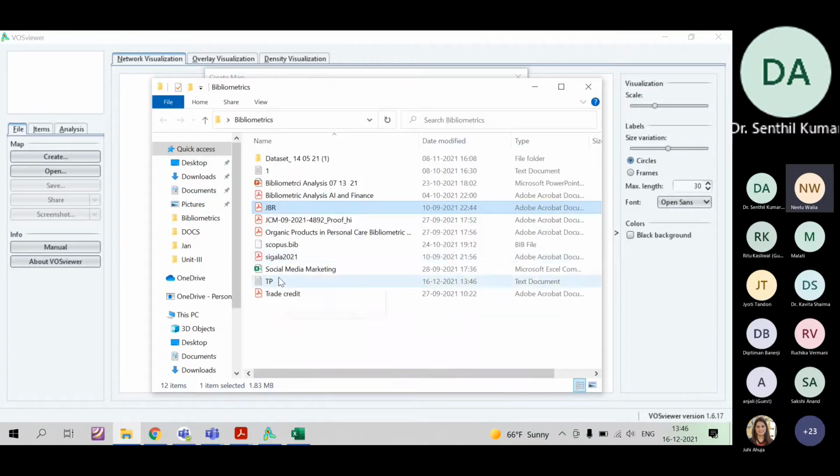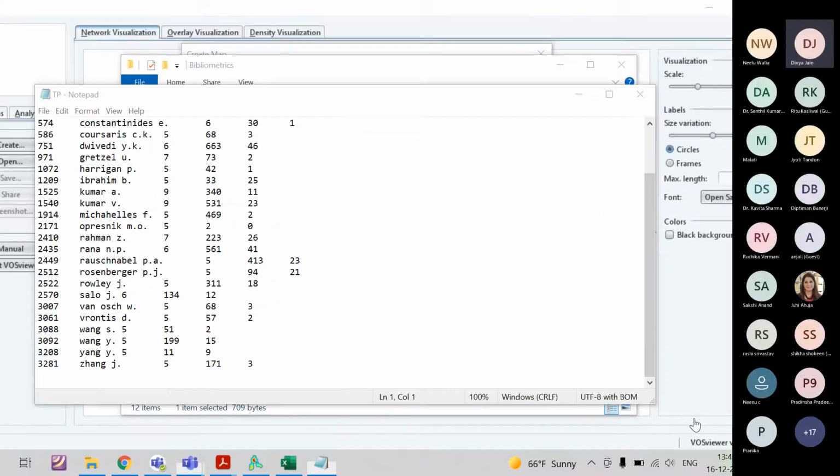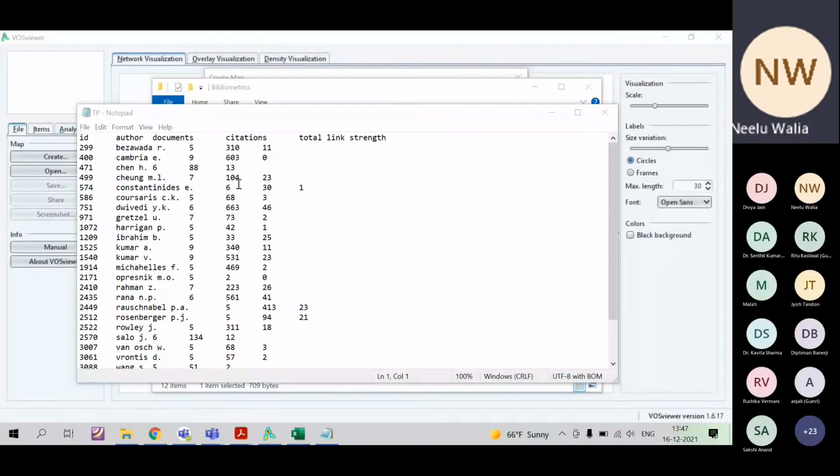Ma'am, I am unable to select all the authors. When I right click on any row and click on select all authors, it is showing nothing. They are already selected, ma'am. If you look, ma'am, there was a tick there. So this is the text file which is already copied by default. We can import this data to Excel. By default it is selected. This way it is going to come when you export it.